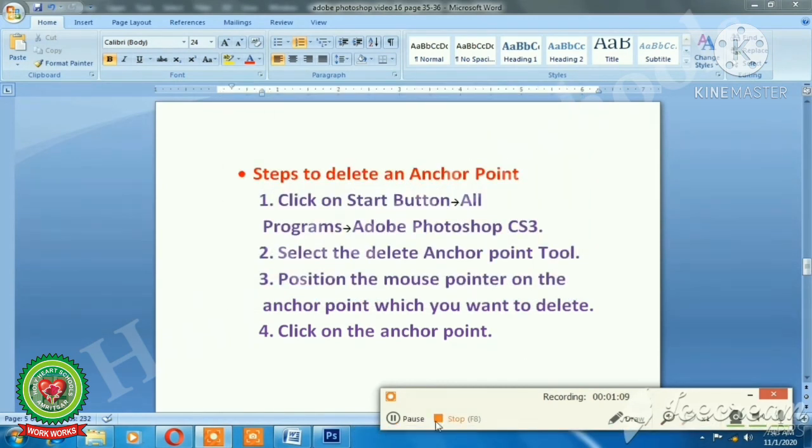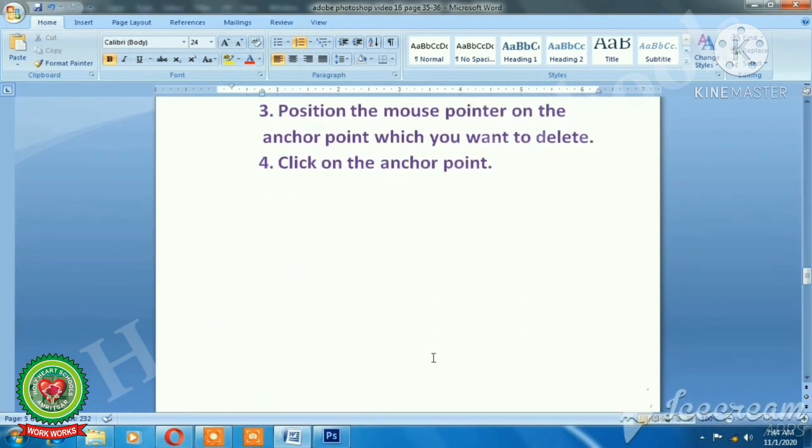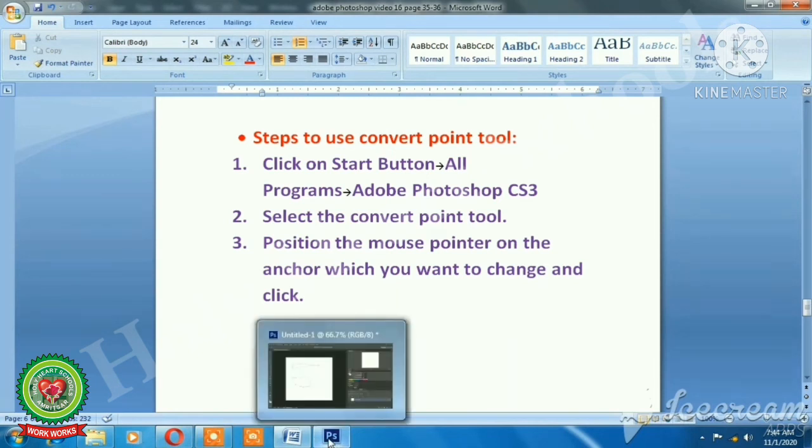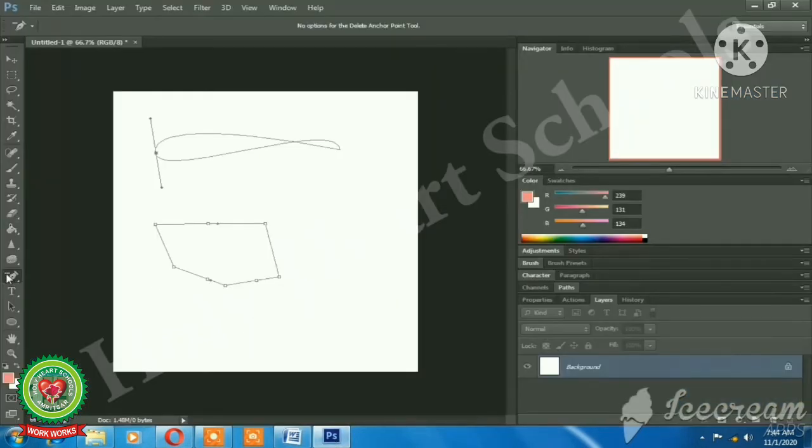Clear, students? Now the next topic is how to convert an anchor point with the help of the Convert Point tool. We can convert the anchor point as per our requirement. To know more about this tool, we will open Adobe Photoshop. Students, here we have the Convert Point tool.